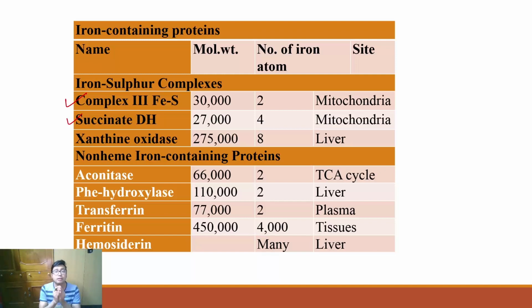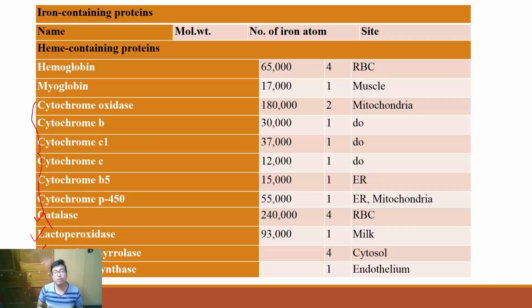this chart becomes important for postgraduate students. Okay, so as I am telling you, in all classes there are implications, much more implications to iron metabolism rather than this simple undergraduate class. So when you are preparing for PG, mind it, all of them will be important now. So number of iron atoms, what is the molecular weight, where are these located, trust me, all of this you need to read meticulously.